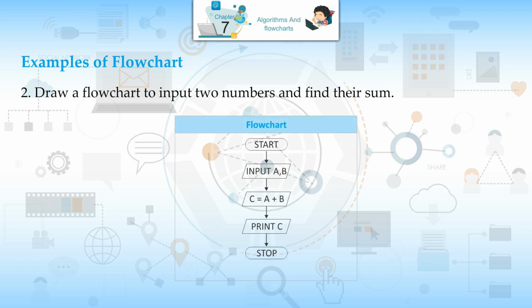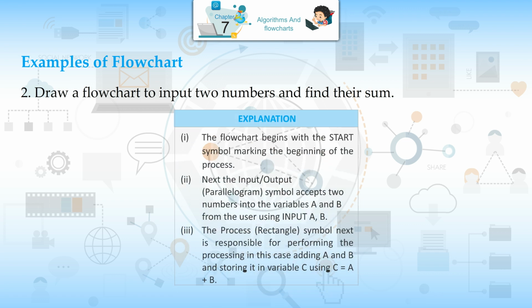Flowchart. Start, input A, B. C is equal to A plus B. Print C. Stop. Explanation. First, the flowchart begins with the start symbol marking the beginning of the process. Second, next, the input or output parallelogram symbol accepts two numbers into the variables A and B from the user